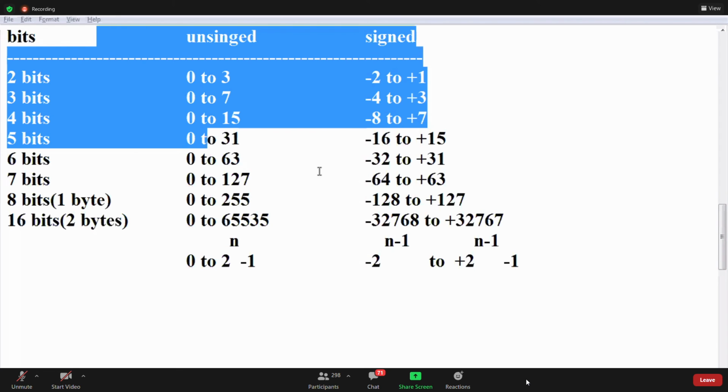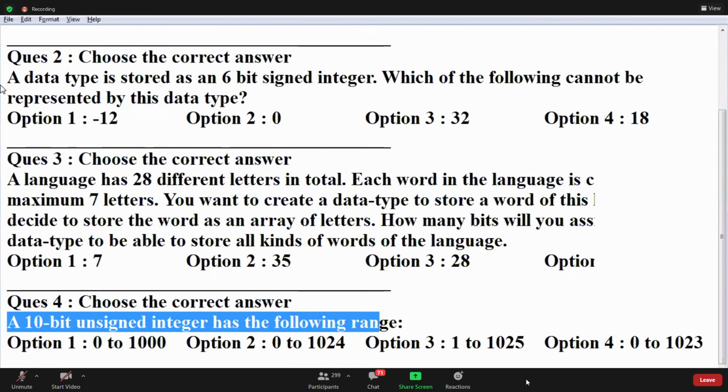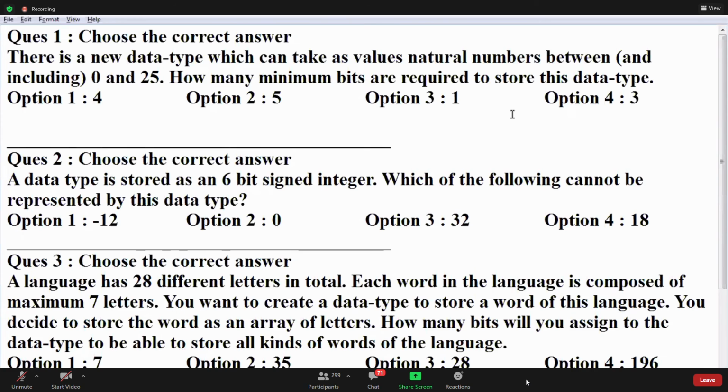Yeah, see in this data type. First question is, guys, we share this document. We can't discuss all the questions, we discuss 2 or 3 questions.